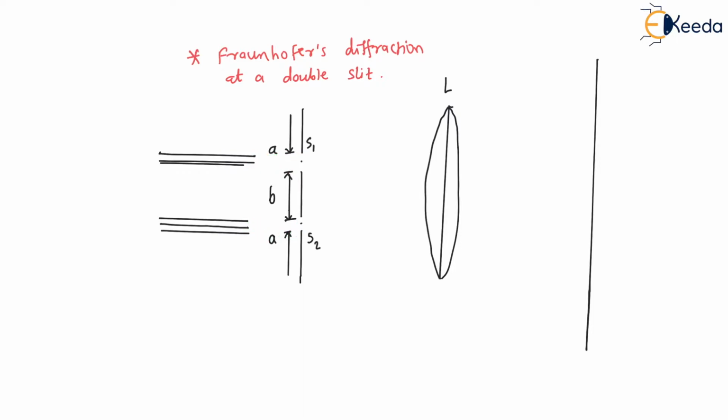The light will be incident at these slits normally, and if we consider a plane wavefront at the slit itself, then according to Huygens principle, every point on the slit will act as a secondary source of light and emit secondary wavelets in the forward direction. So if we consider the whole slit as one, instead of drawing many rays from it, I will draw only a single ray from each slit. That will be easier for us to understand the concept.